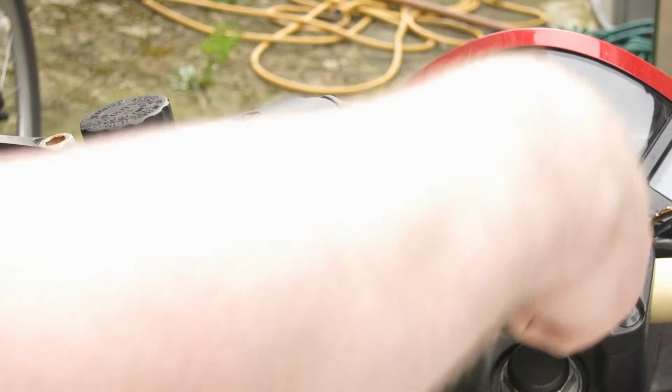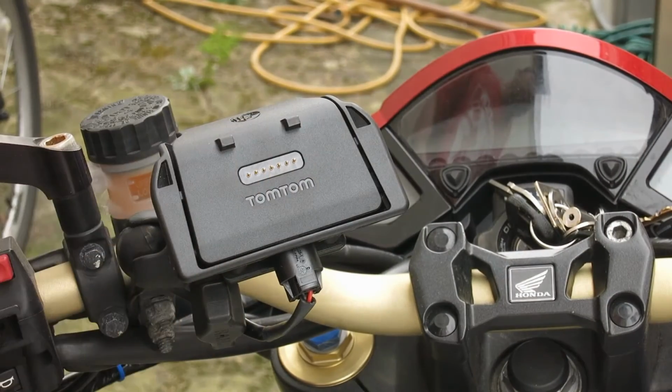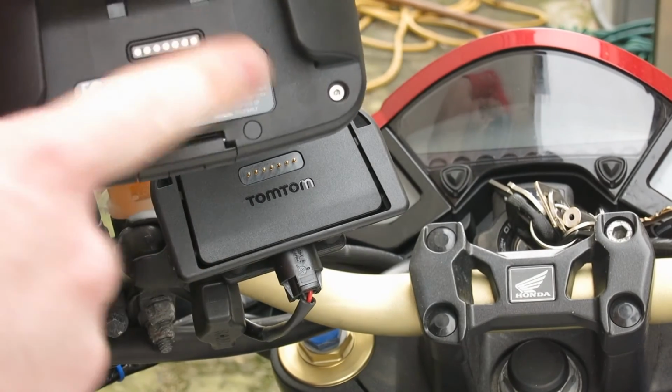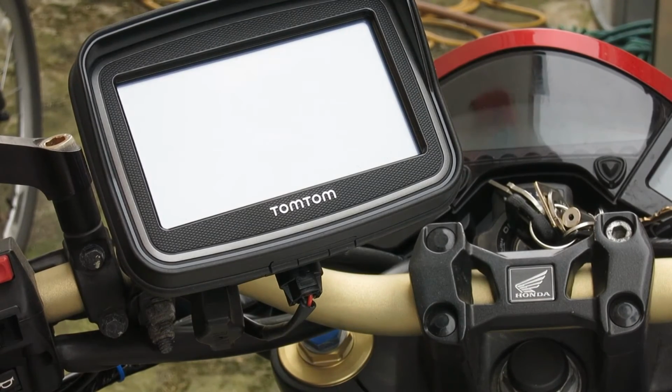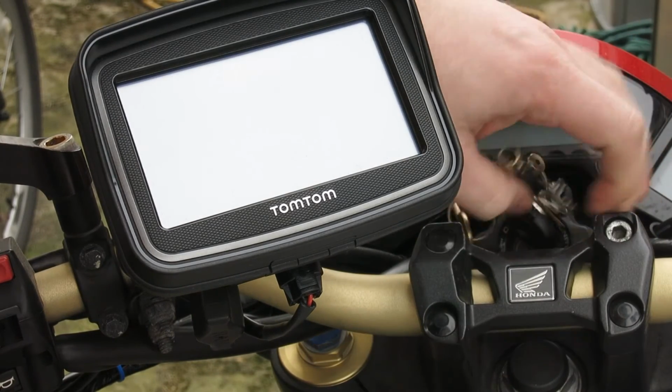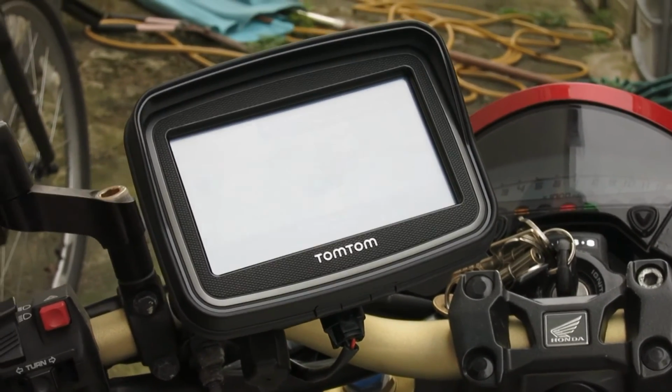I've then wired it into the ignition around the back. You see the connections there, which are going to join with the connectors on the back of the TomTom. And I'm literally just going to slide it in. There it is in place. And when I turn the ignition, because it's wired to the ignition,